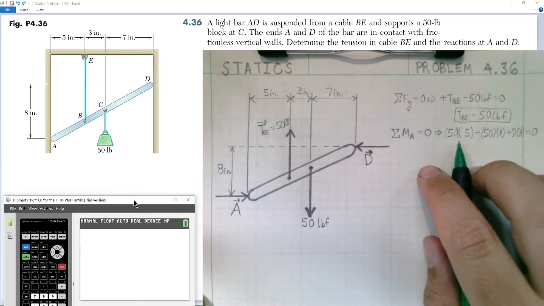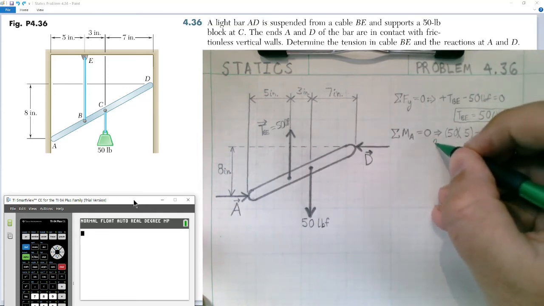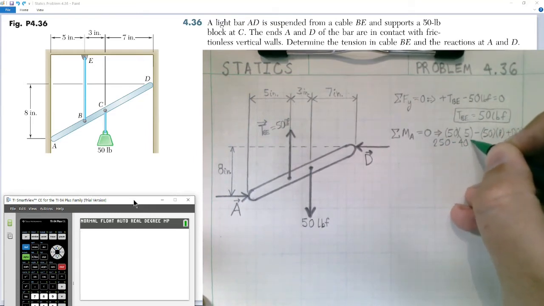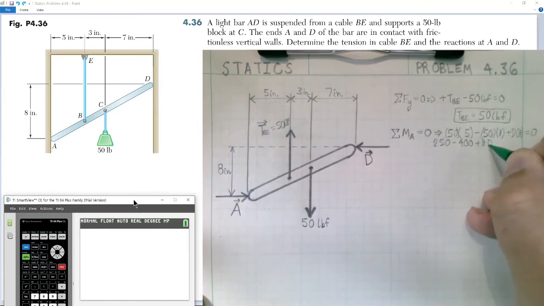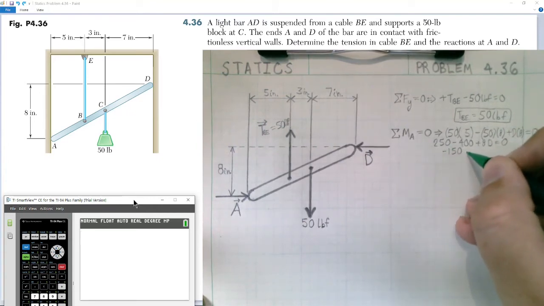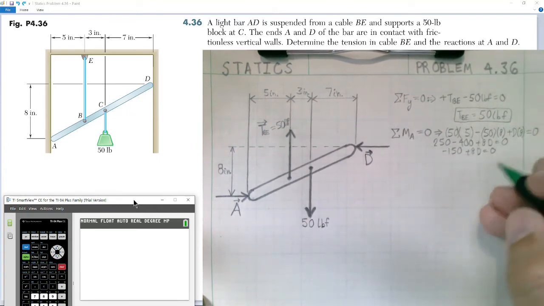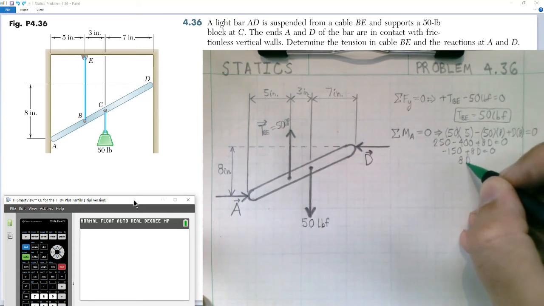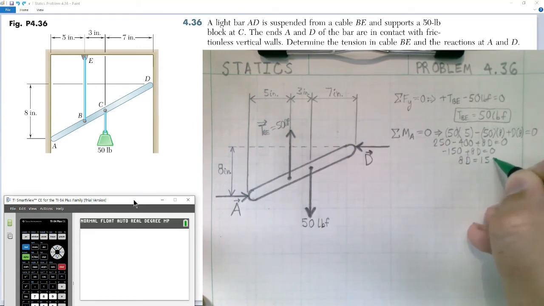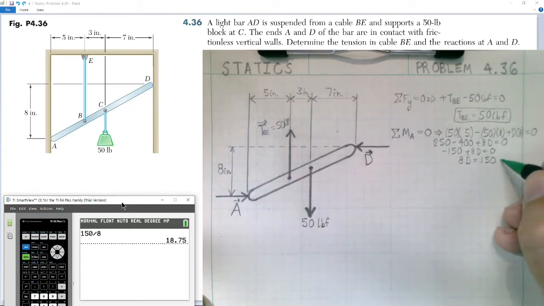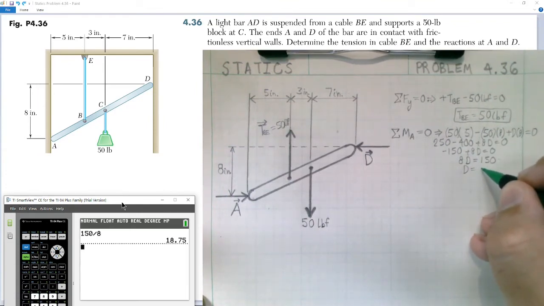So let's multiply this out. 5 times 50 would be 250. Now, 50 times 8 would be minus 400. Plus 8D equals 0. 250 minus 400 is negative 150. Plus 8D equals 0. Then we can add 150 to both sides. We get 8 times the reaction force D is equal to 150 pounds. We'll use our calculator for this last step. 150 divided by 8 is going to be 18.75. So our force for D is